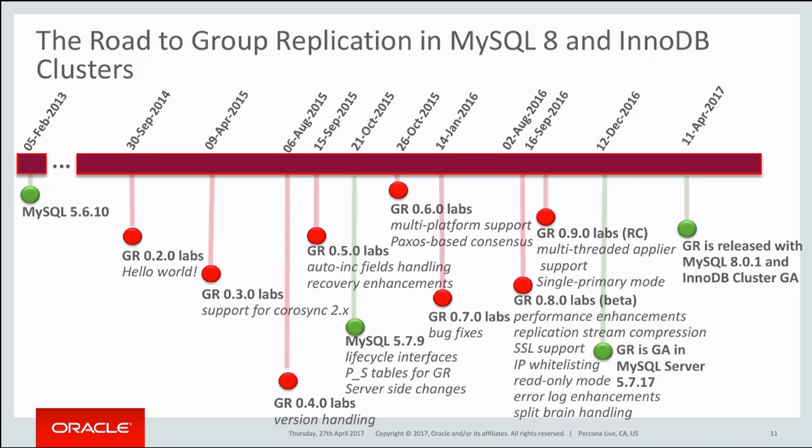In this process, we released a lot of labs releases. We engaged the community a lot. We got so much feedback. We adapted some of that feedback and changed the product, so it slightly morphed from what it was in the beginning to what it came to be when we released it as a GA plugin. We added a lot of features, but the most interesting thing as well is, like I said earlier, we